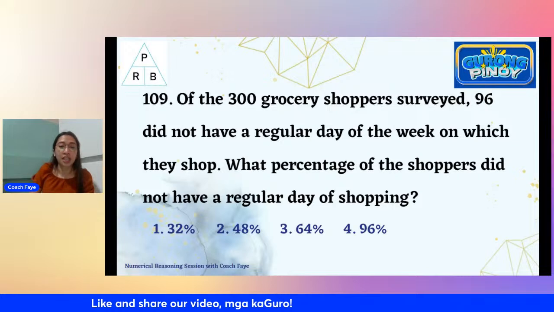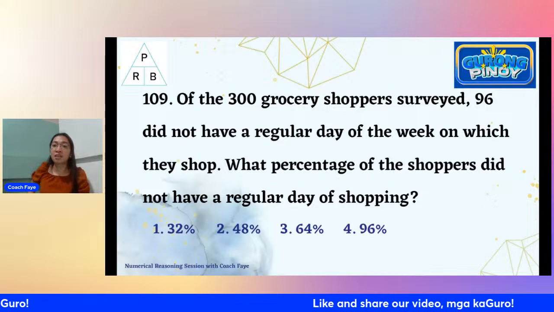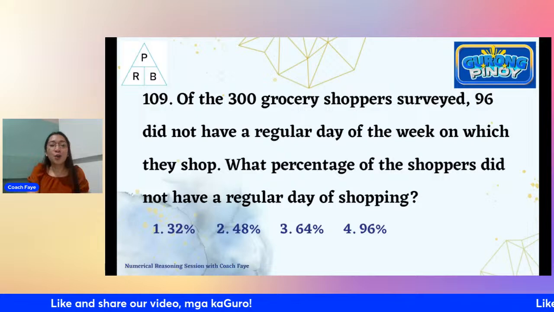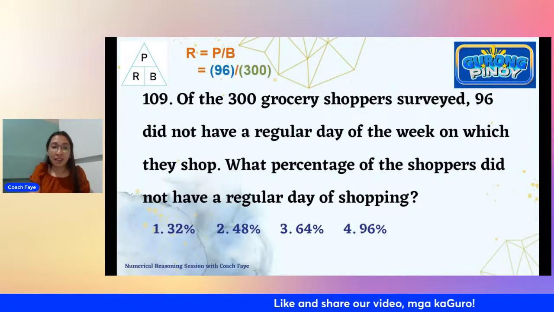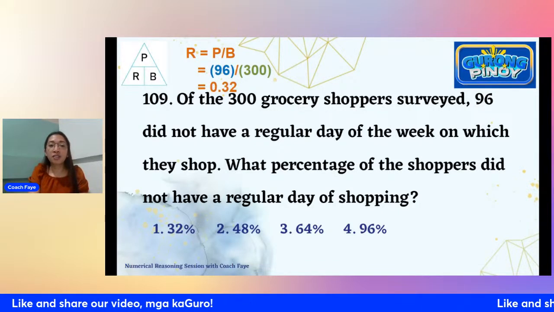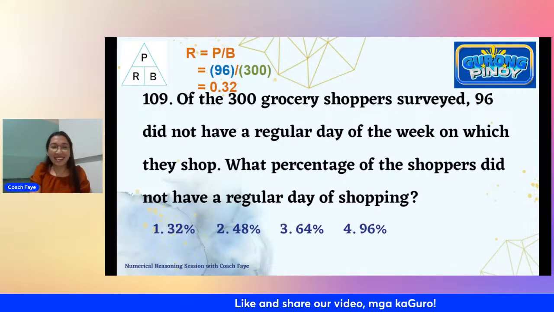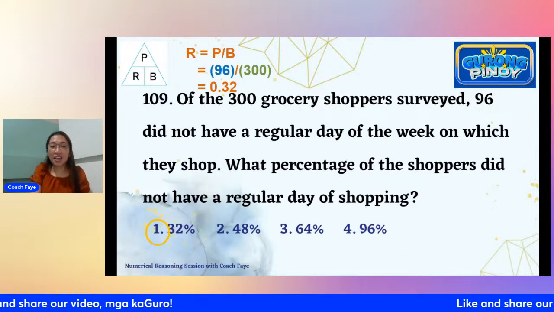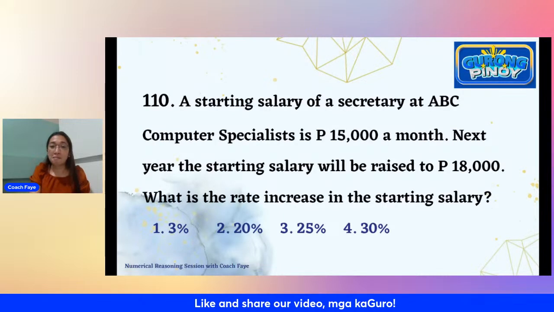So that's your portion. Question is, ano ba yung hanap natin? Yung hanap natin ay did not have a regular day of shopping. Ibig sabihin, kung ano yung masasolve natin, yun na yun. You don't have to do anything else. So we are looking now for the percentage or for the rate rather na R, that's P over B. So that's going to be portion 96 over 300, and that should give us 0.32, or in percent form, that is option 1, 32%. Okay? I think most of you got this correctly. So if anything, at least no, parang ma-assure po na kung merong items on percentage base rate, master na natin.